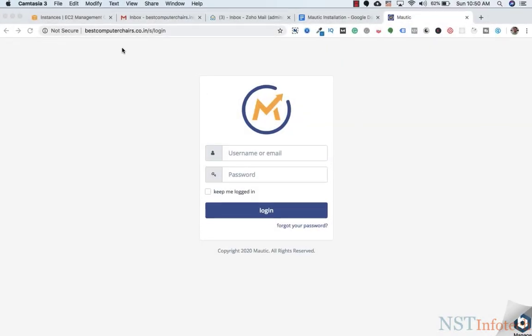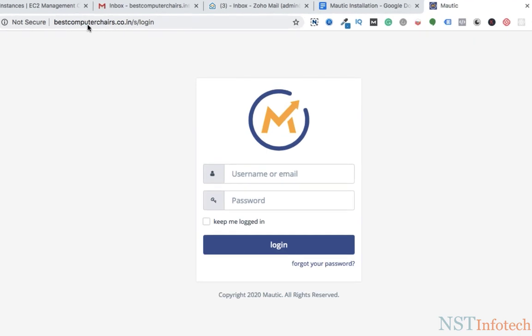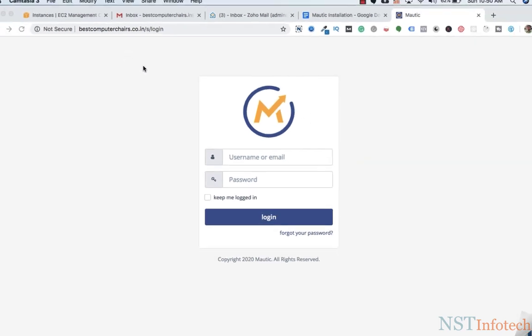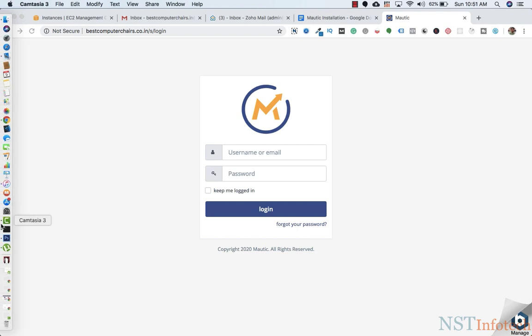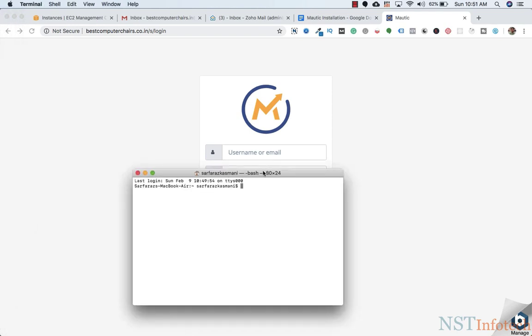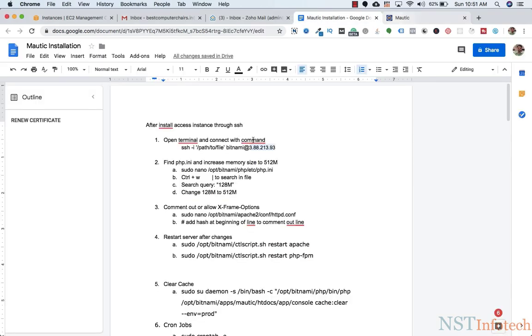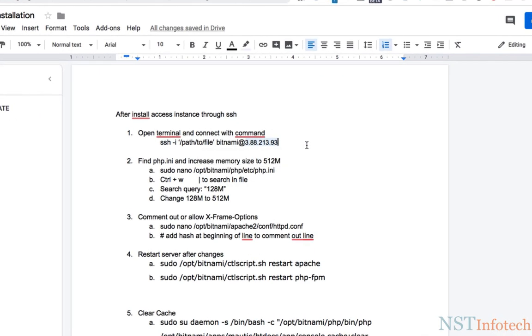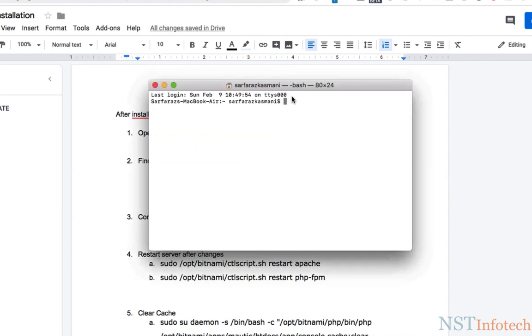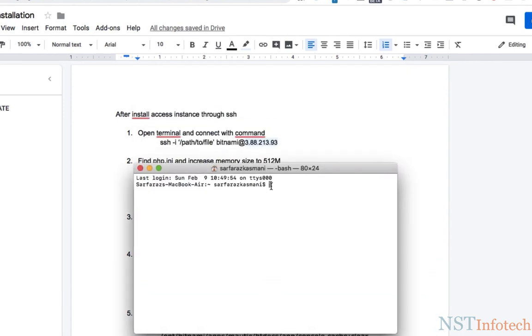In this video, I will add SSL certificate for this domain bestcomputerchess.co.in. For that, I need to go to terminal. So I'll open the terminal and I need to connect it to Amazon server. For that, I need to go to the steps, and this is the path which we want. Okay, so I'll go to terminal and I'll write this path